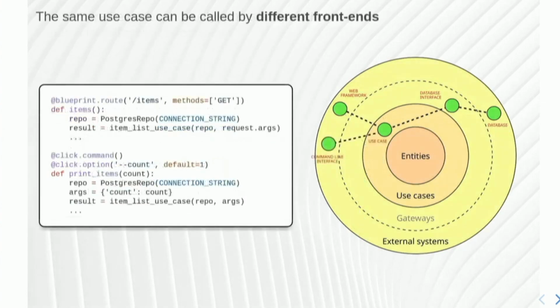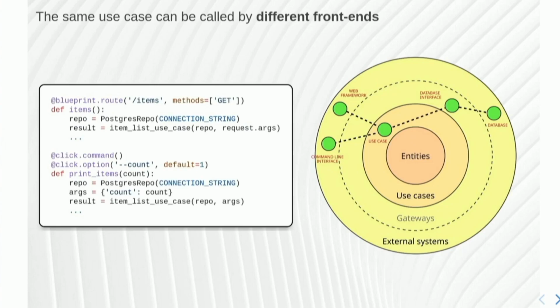And the other side of this is that the web framework is just one of the possible front ends. And with front end now, I don't mean React or similar things. I mean the way you present your results to the client. It might be a command line interface. It might be a web protocol or something else. Because I just need to call the use case and translate the output of the use case into something that is meaningful for my front end. Okay, HTTP response for a web framework, something else, for example, text for a command line interface.